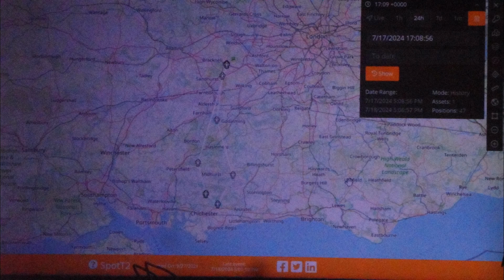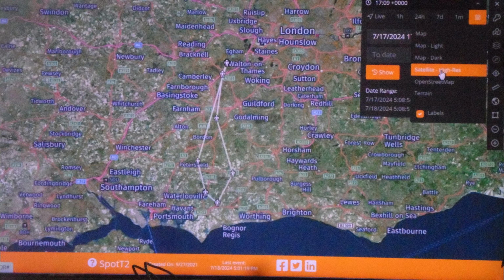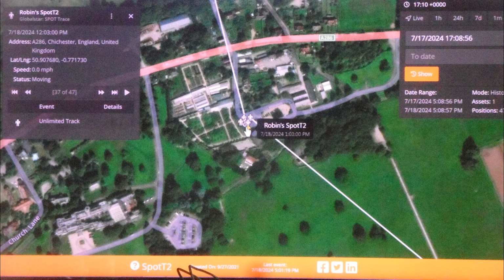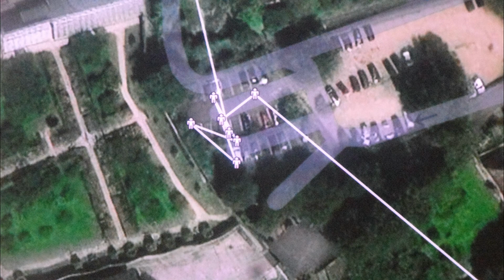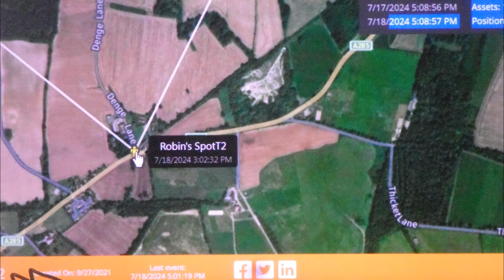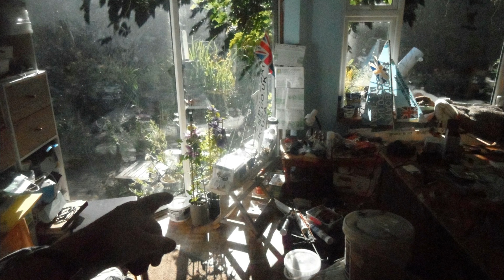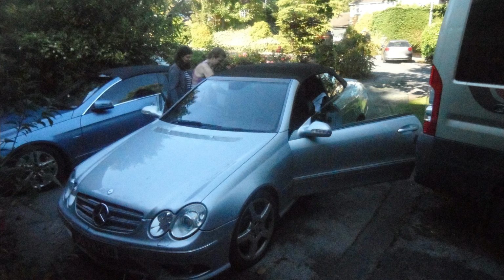So that's the Spot Satcoms tracker showing the trip down and exactly where the car was parked with the tracker in it. And yeah, that's all working okay. And that is destined, not that particular one, but the same type of tracker, to go in the robot boat. So now it's been put into Samantha's car, because we're on our trip out to meet up with Saskia and Gary